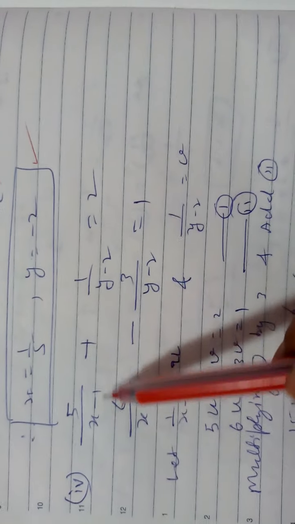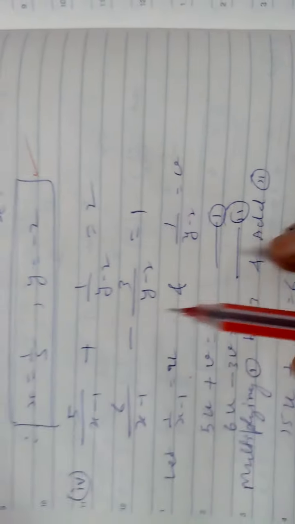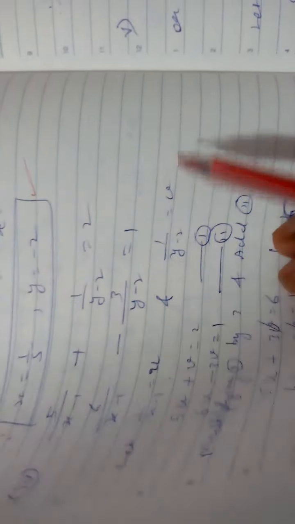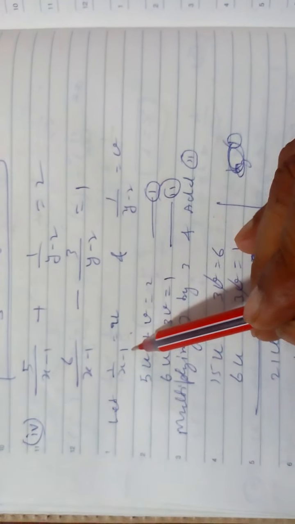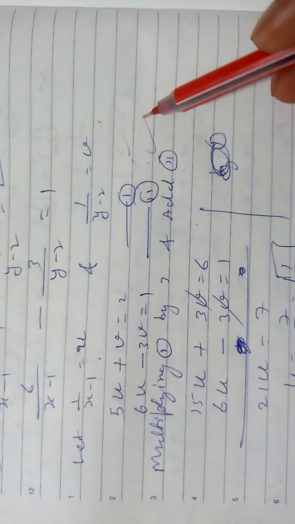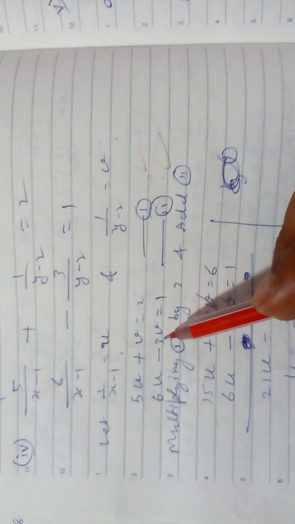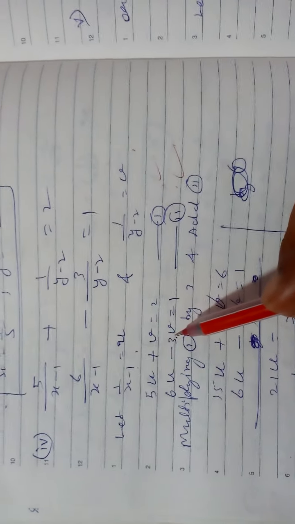Here the denominators have variable and constant both. So again, the example I have told you here. In the beginning I have told one example on the basis of this, like this. Second example, here also the same thing. So you can get again 1 upon x minus 1 as u, 1 upon y minus 2 as v, because both have the same number, so you can form two equations in u and v. Both have denominators, I hope the same. Here v, here 3v. Okay.